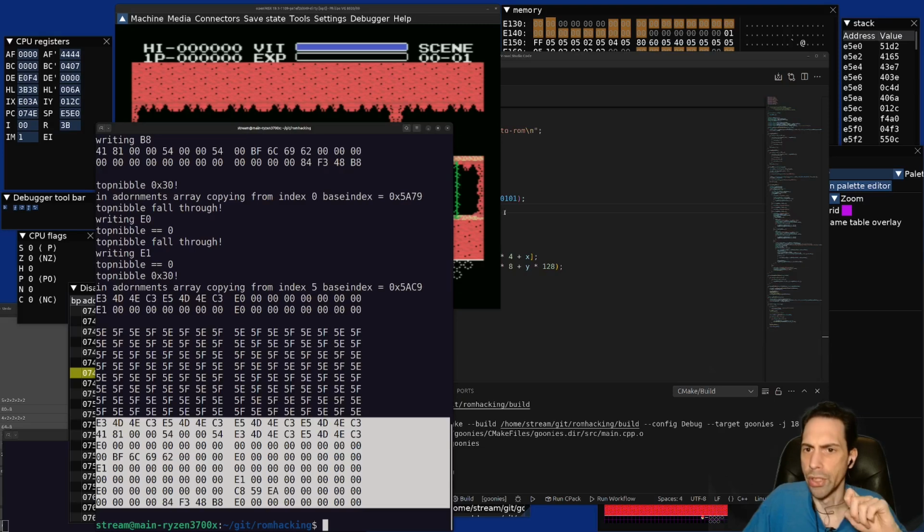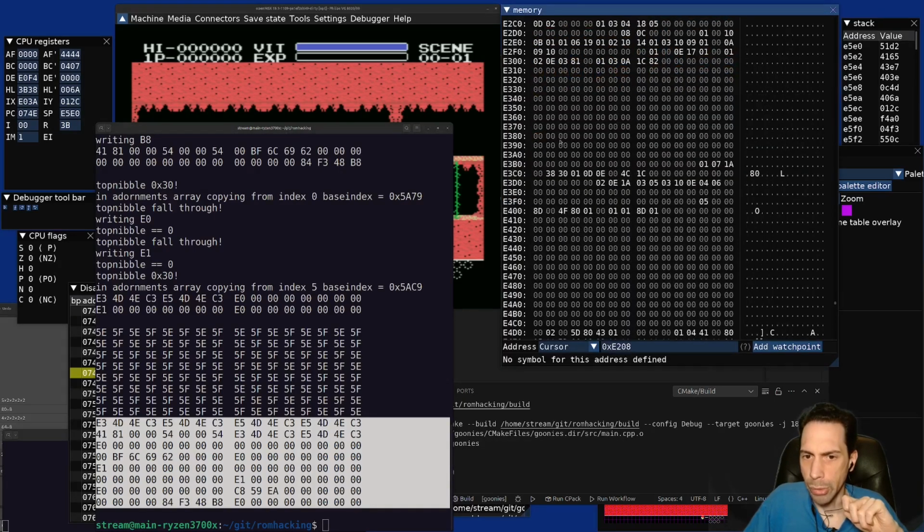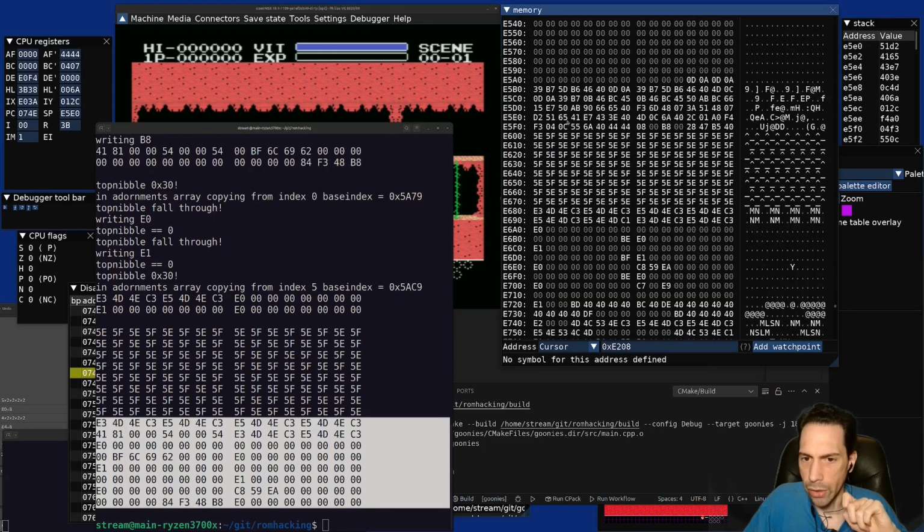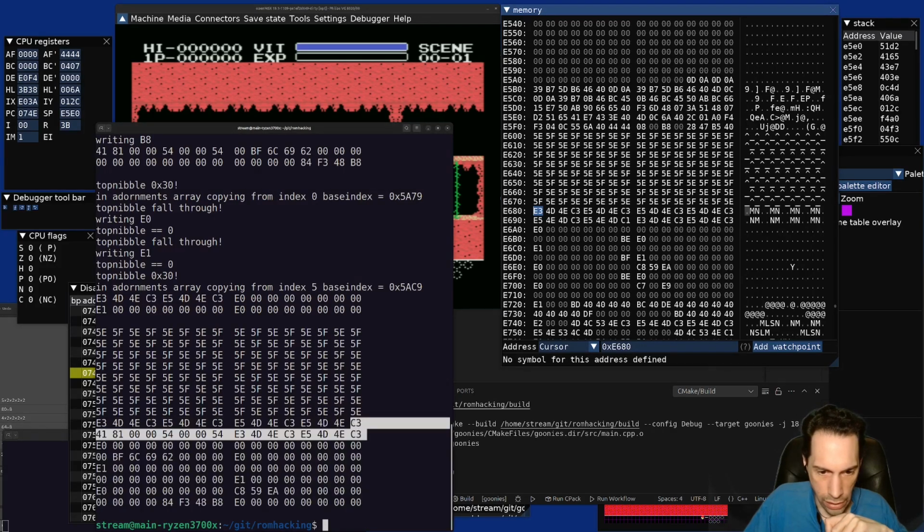It's hard to visualize though, but sure. And that should be copied in E600, right? So we have our 5 E's and 5 F's here, and then we have our top data. So E3 4D, we did verify that. E5 4D, so these guys are the